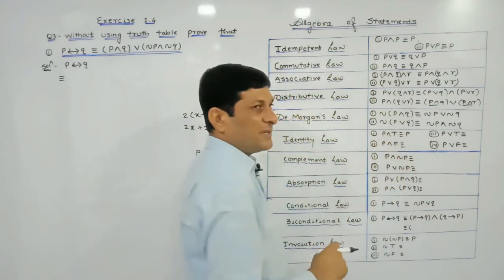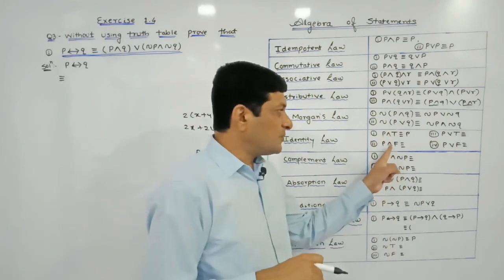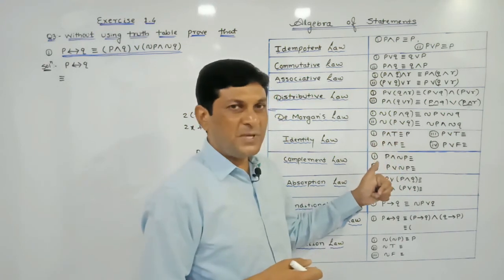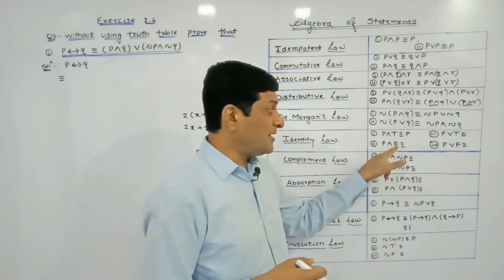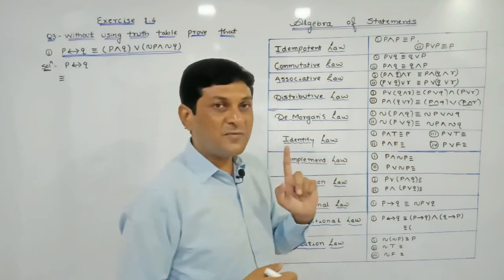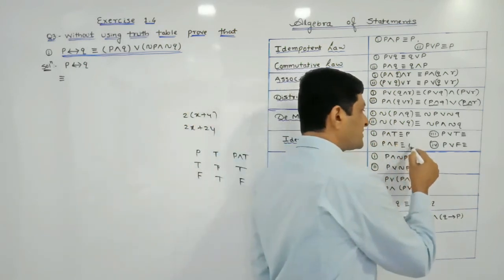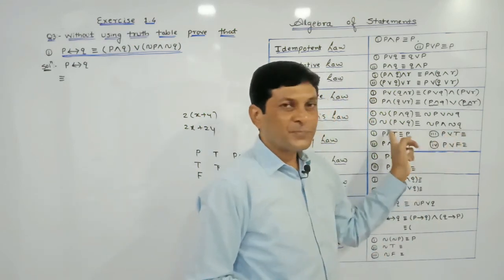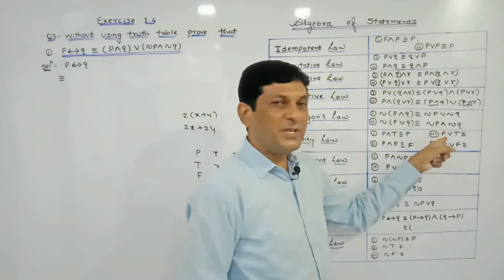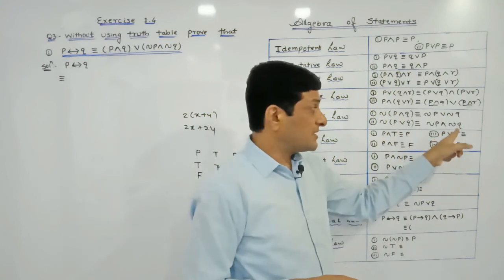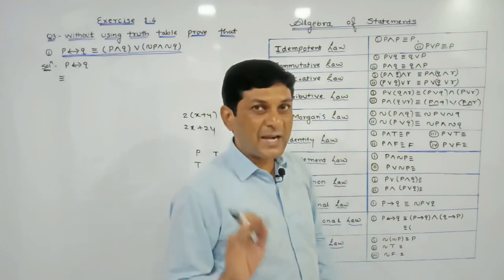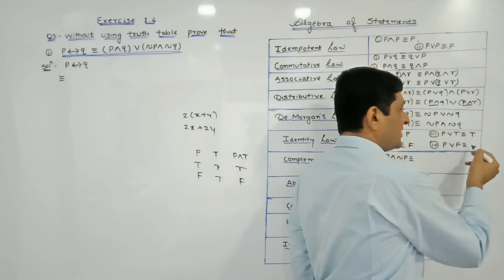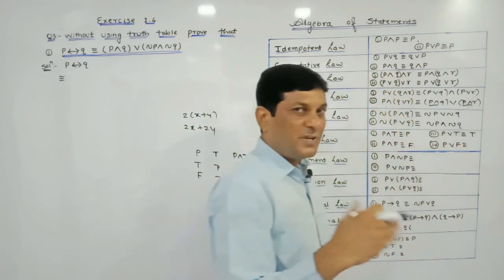Now P and F. In case of 'and', if at least one statement is false, then 'and' will be false. Whatever the truth value of P, either true or false, one F is there, and in case of 'and', if at least one statement is false, the result will be false. In case of 'or', if at least one statement is true, the result will be true. Here P is either true or false, but the second statement is true. And in case of 'or', if at least one statement is true, its truth value is true. And P or F means whatever the truth value of P will be our required result.